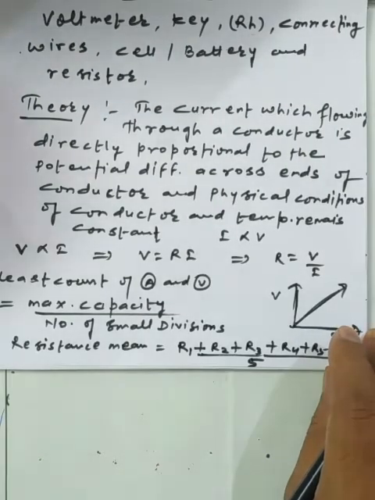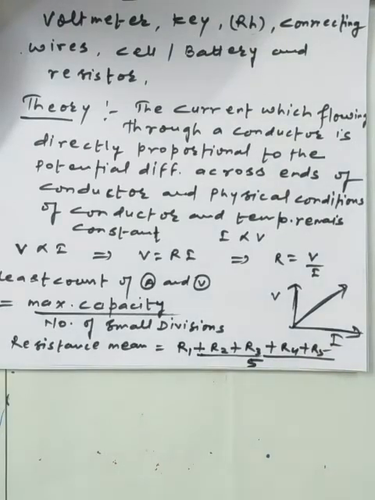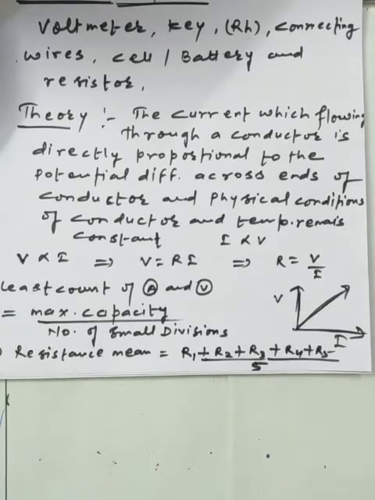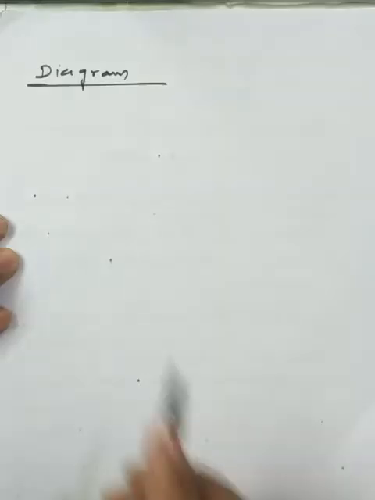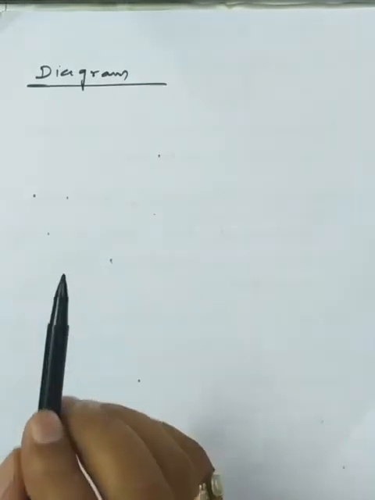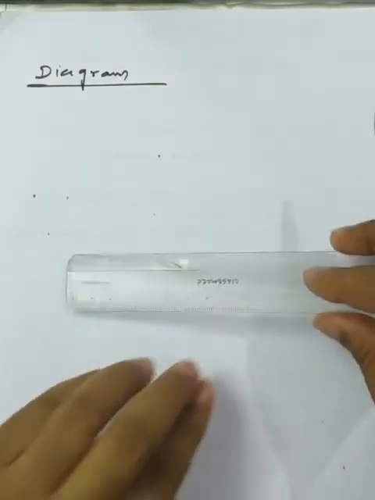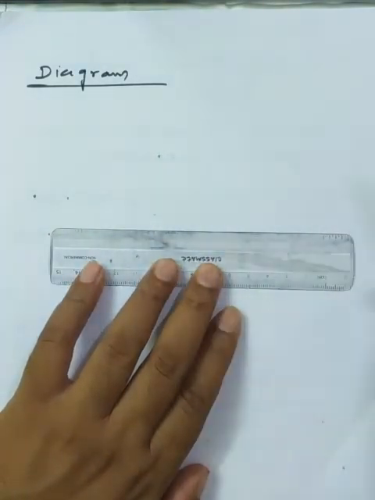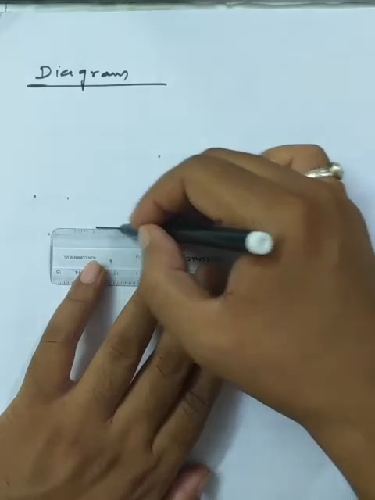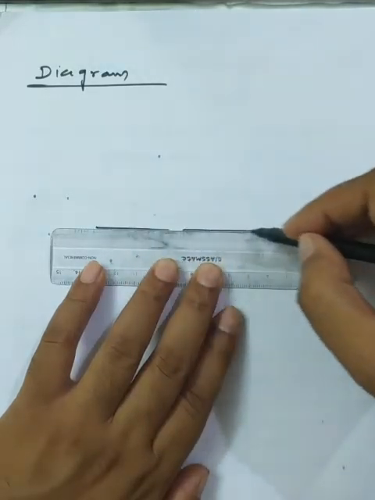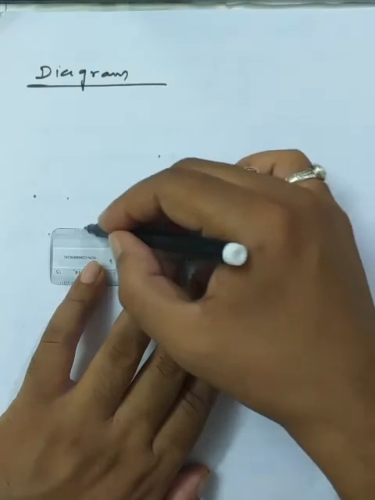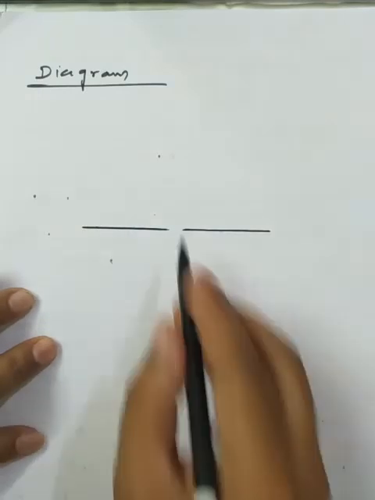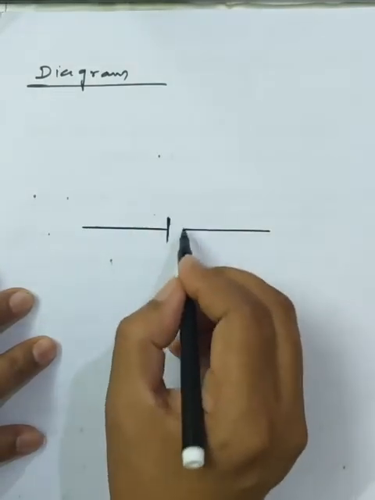Okay, so now we will make the diagram of Ohm's law, which we want to use to verify Ohm's law in this activity. Now one of the basic diagrams which we want to paste here, so there is a need to make a neat and clean diagram. So you must use a pencil, whereas I am using a bold marker in front of you. There is no need for you to use it in the copy. So this is the source which we have.